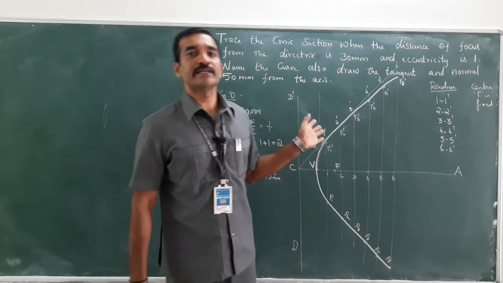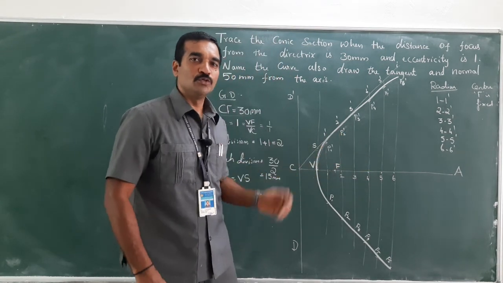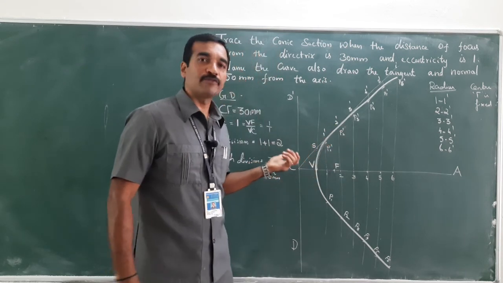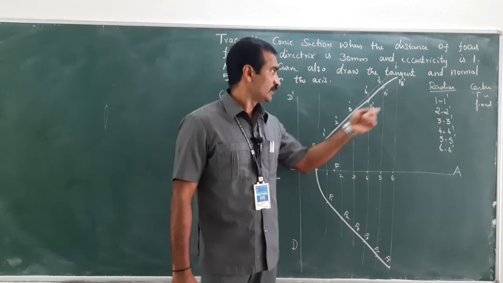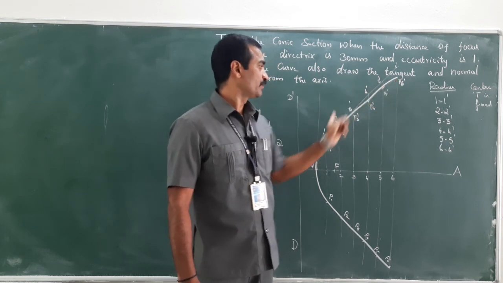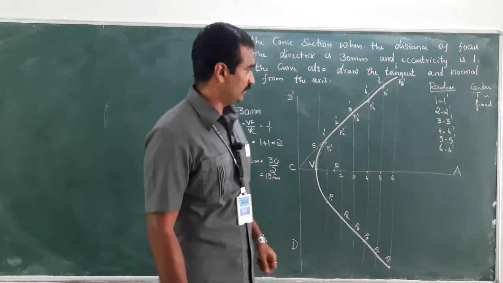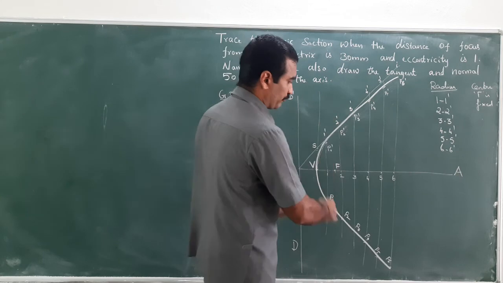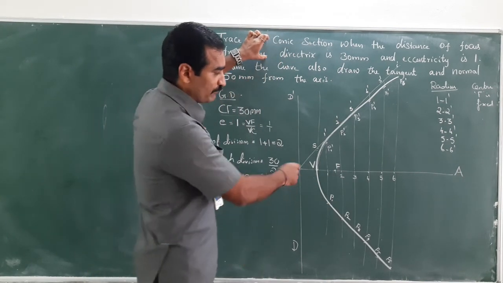Have you seen this kind of profile? Probably those who use a two-wheeler, you could see the reflector of the automobiles. That's a headlight. Inside the headlamp, you could see the reflector which would be in the shape of a parabola, right? So now I have completed the profile. That means the first portion of the question I have finished here.